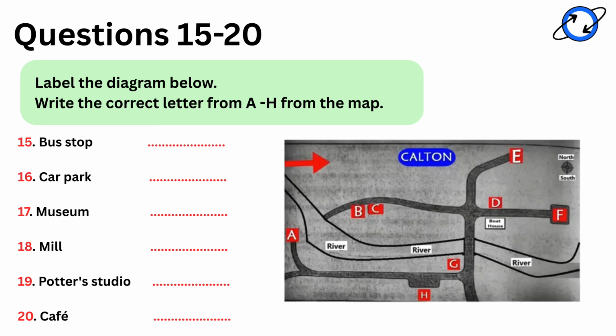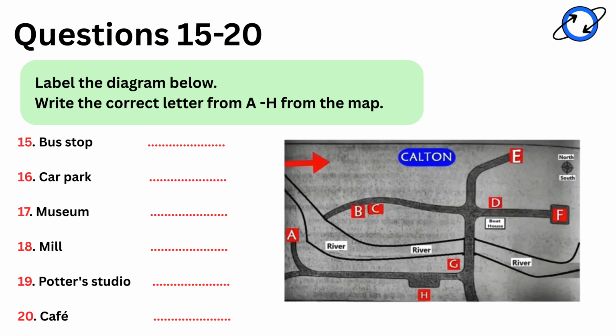If you're interested in local history, there's a museum in Calton with farming, fishing, and household implements from the late 19th century. As you come in from the south, cross the river and go straight on the same road until you reach the end. Also, on the subject of history, you can go and see the old mill, which has recently been renovated and put back into use.